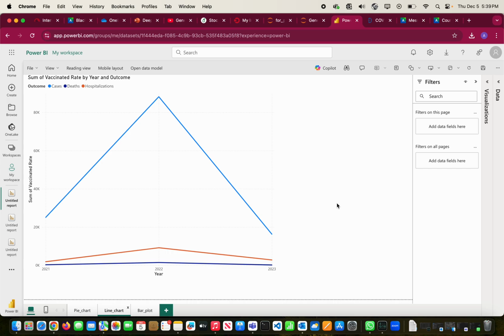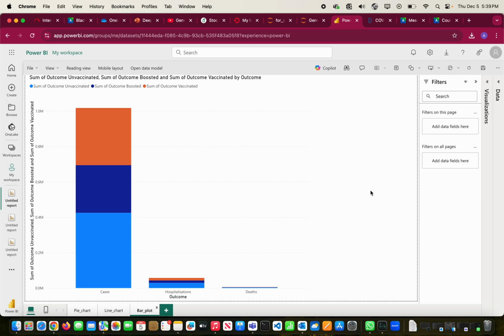And we have our next plot, and the final plot is a bar plot. Here it represents the sum of outcome vaccinated, sum of outcome boosted and sum of outcome unvaccinated. The blue bar represents the sum of outcome unvaccinated, this represents boosted, and the orange represents vaccinated. So in outcomes cases we can see